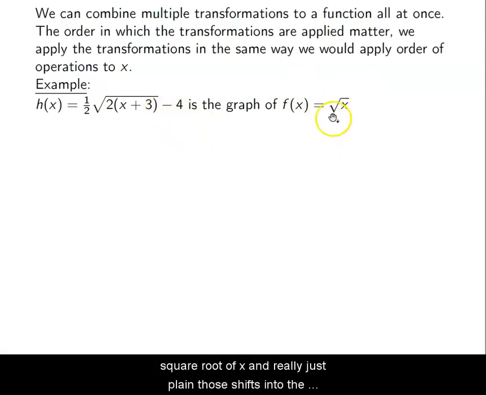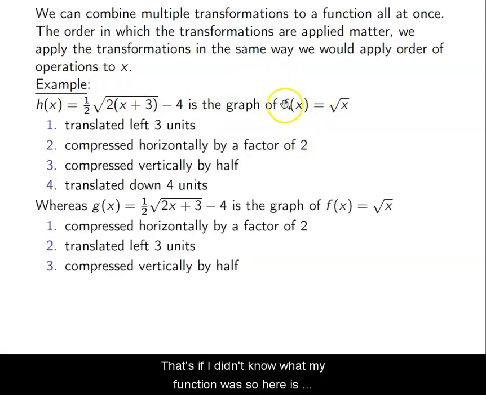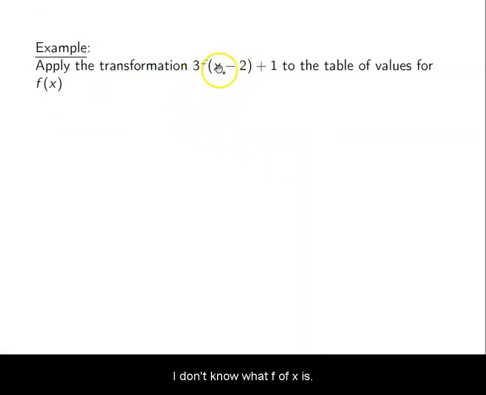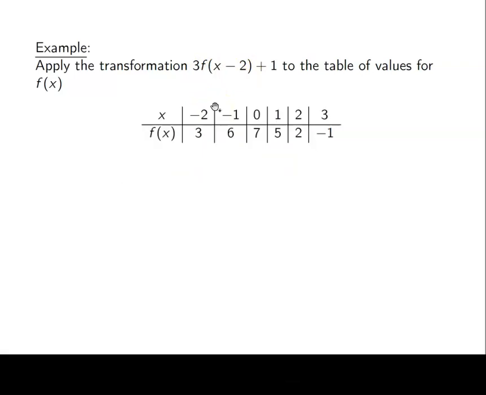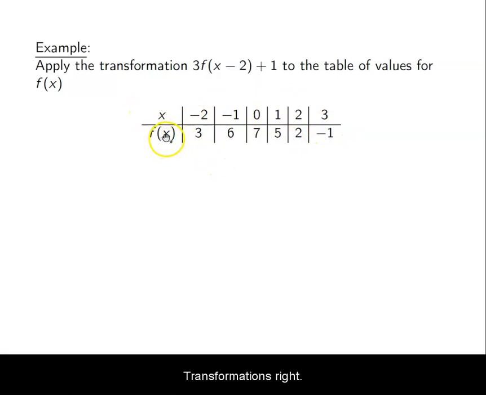So all I'm doing is taking the square root of x and applying those shifts into the function notation, right? That's if I didn't know what my function f of x was. Here it's the same thing. I don't know what f of x is, but I do have a table of values for x. I'm only given certain inputs and then my outputs. So if I want to apply these transformations,